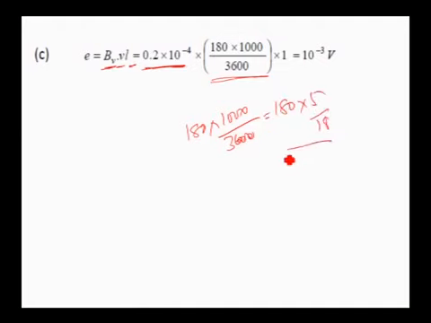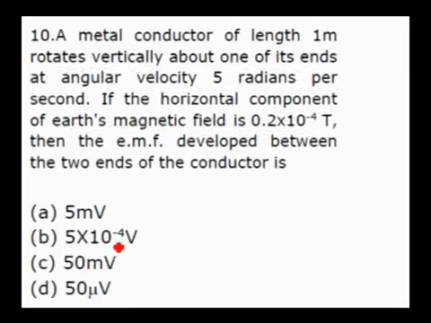I just mentioned a shortcut that this velocity can be converted into meter per second just by multiplying by 5 by 18. What is this one? This is nothing but the length of the conductor. Finally, you get 10 power minus 3 volt. This is the reading shown in the millivoltmeter.